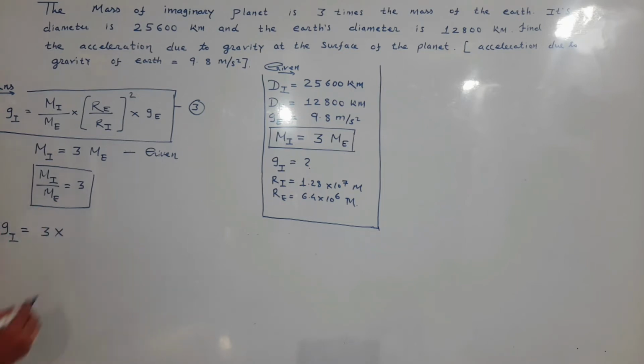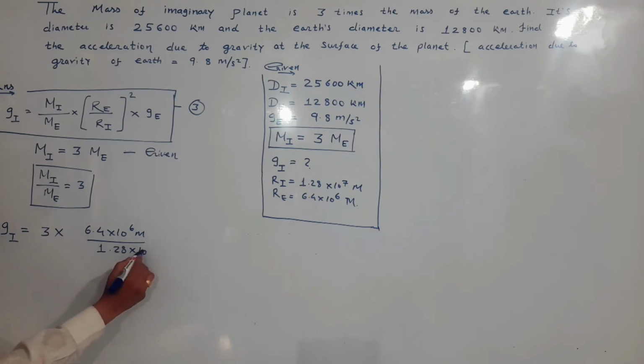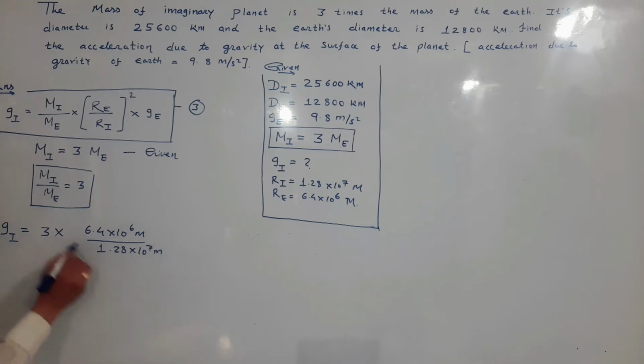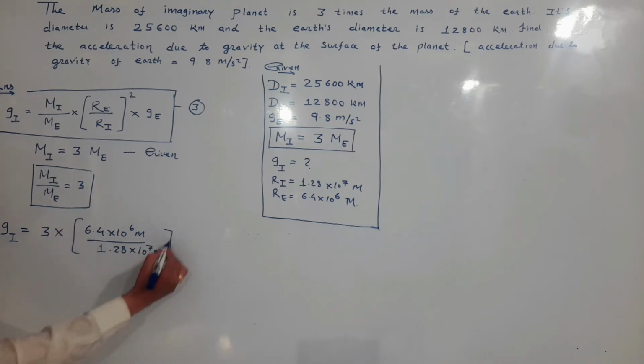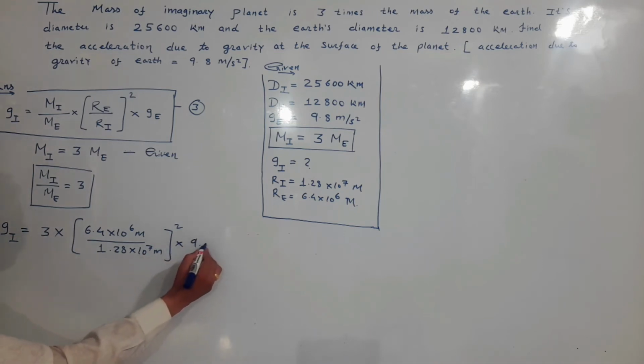My dear student, Re we have found, that is 6.4 into 10 to the power 6 meter, divided by Ri, that is 1.28 into 10 to the power 7 meter, whole bracket, into Ge, and G is given to us as 9.8